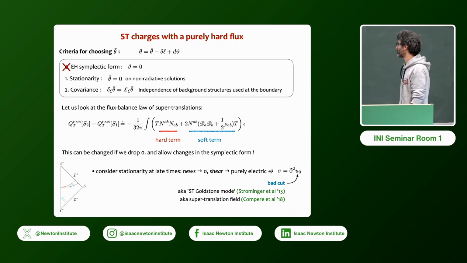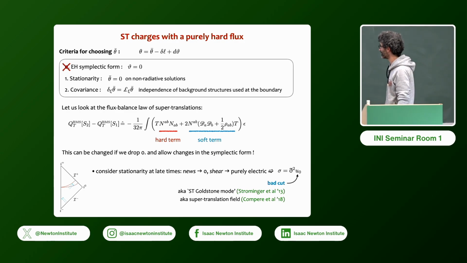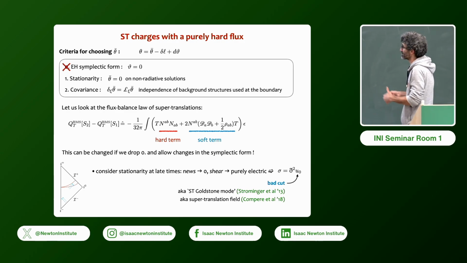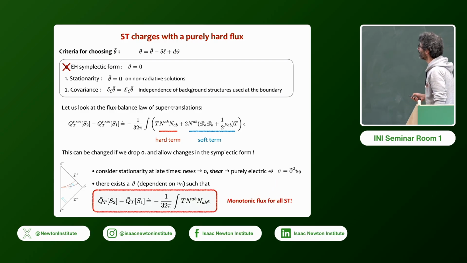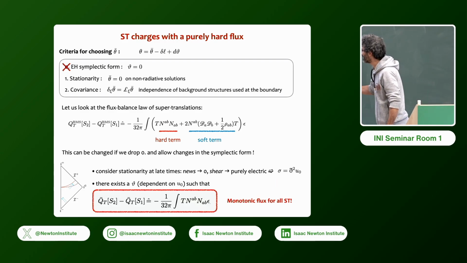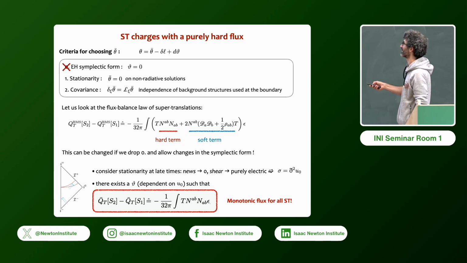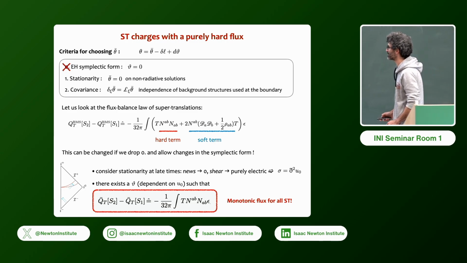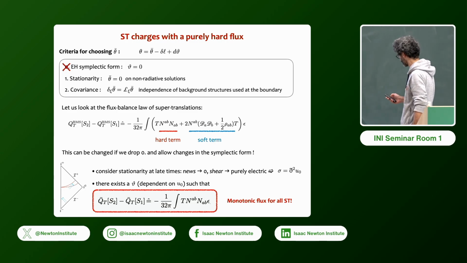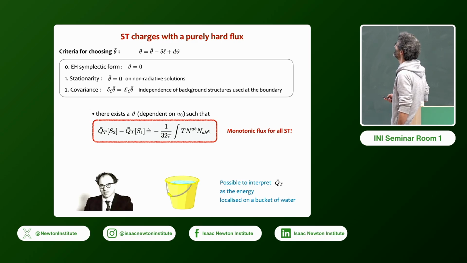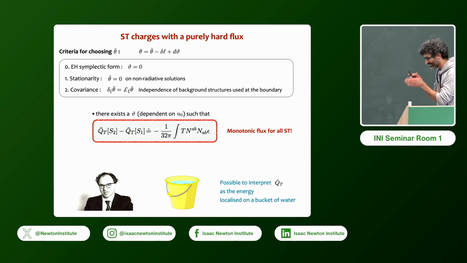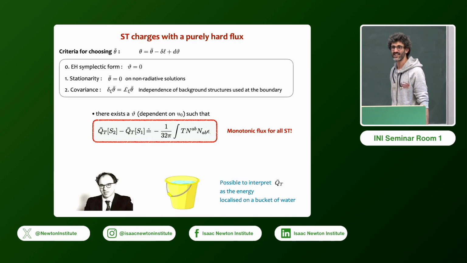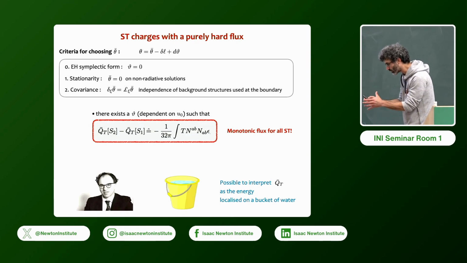Romain with Compere and Ferrucci, they call it the supertranslation field, but it's always this, a source for your shear in the stationary regime. And so if you give yourself this, now you can choose a symplectic potential that satisfies 1, 2, and a purely hard flux. So with this choice, with this definition of charges, which are different than the usual one, of course, it will be possible to interpret that quantity as the energy associated with a localized